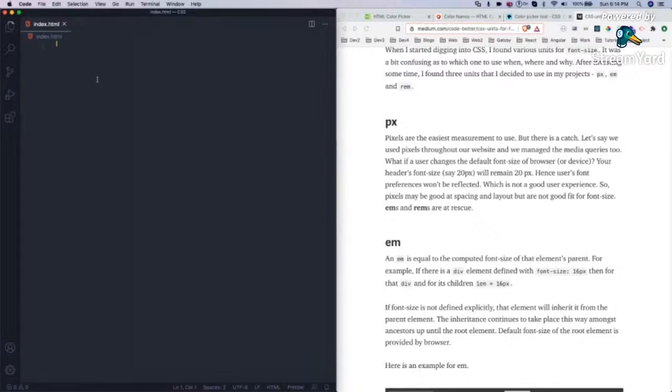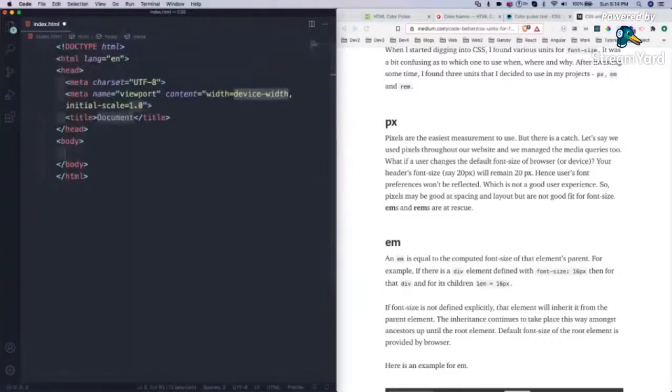As I told yesterday, Emmet is there by default. It is installed in VS Code, and then you have to press Tab, and Tab will give you all the skeleton, and then I can go here and write CSS basics.